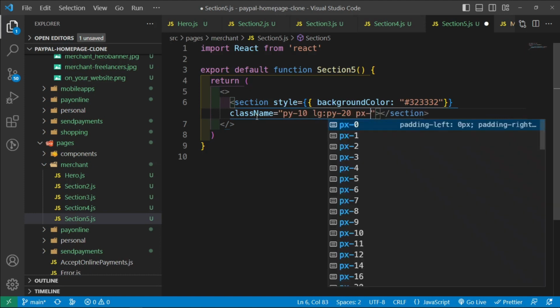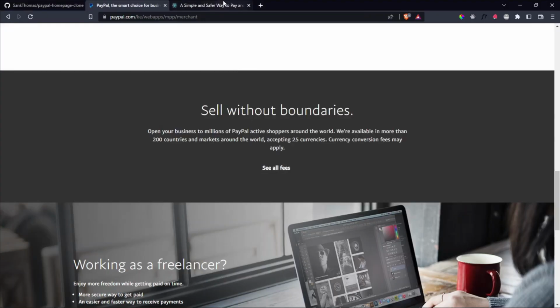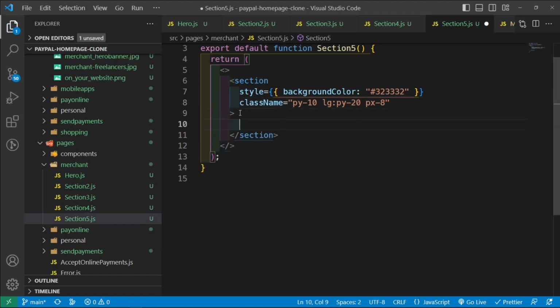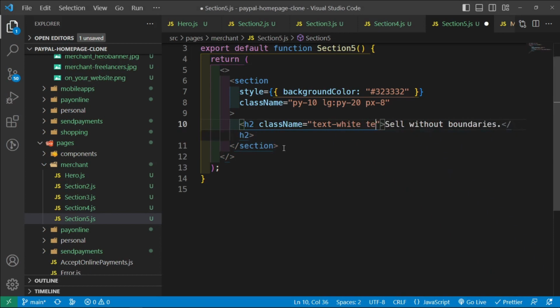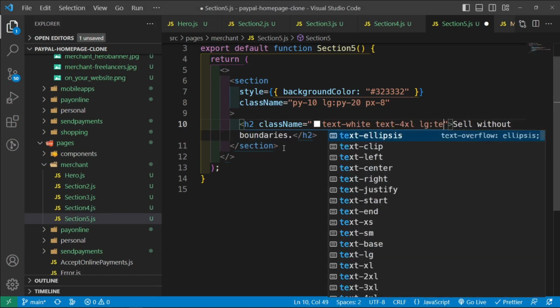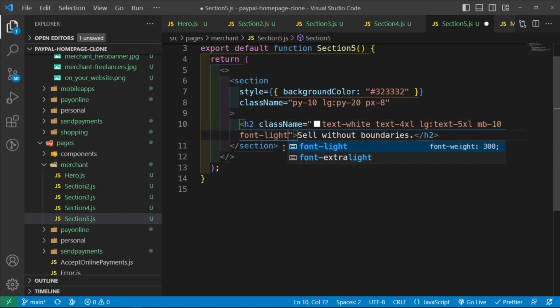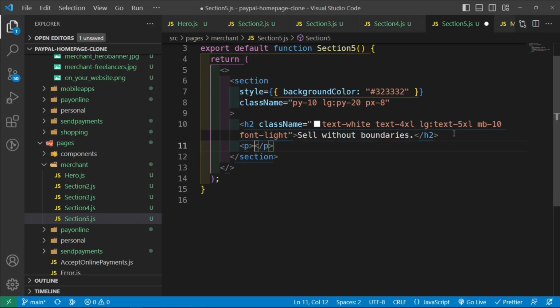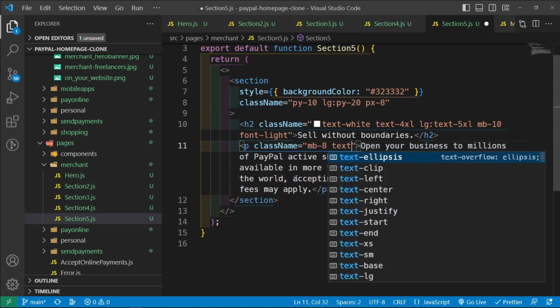My mouth is moving faster than I can type or speak. And then let's give it a padding on the x of 8 so that it doesn't push all the way to the end on mobile. And then let's have an h2 that says this, copy and paste. Let's style out this h2, give this a class name of text-white and text-4xl, and then for large screens text-5xl, margin bottom of 10, font-light. And then below this h2 we're going to have a paragraph that says this, copy, paste it here, give this paragraph a class name, margin bottom of 8 and text-white,